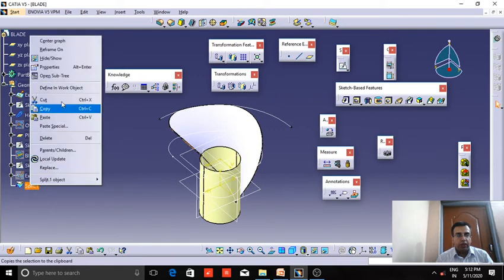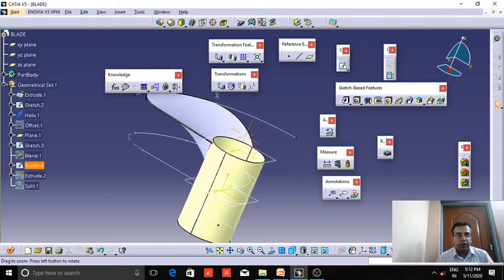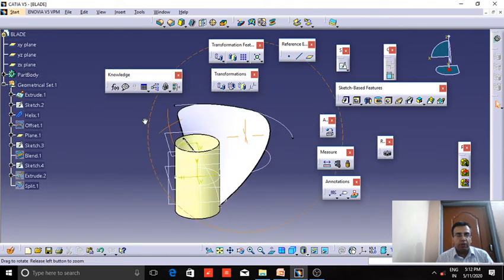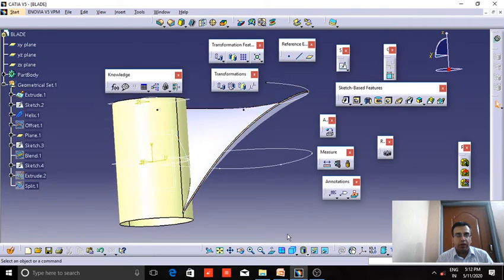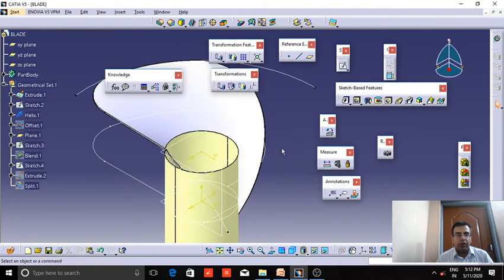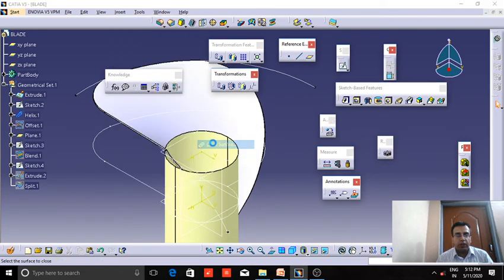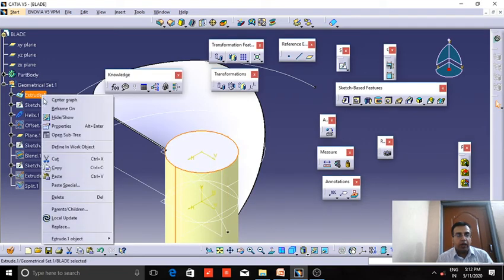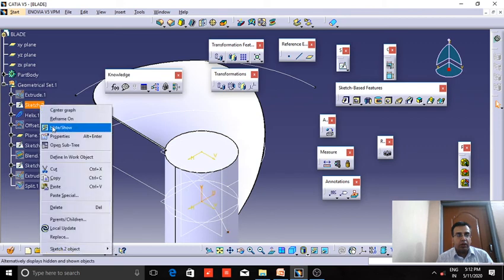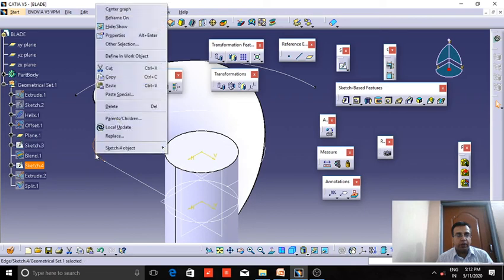So now we can see here that it has been converted into a solid and it is merged properly in accordance with the surface of the central hub. Now to convert the hub into a solid, we will go to close surface. Then we will select this cylinder and then OK. And now we will hide the unwanted entities so as to make our visualization simpler.